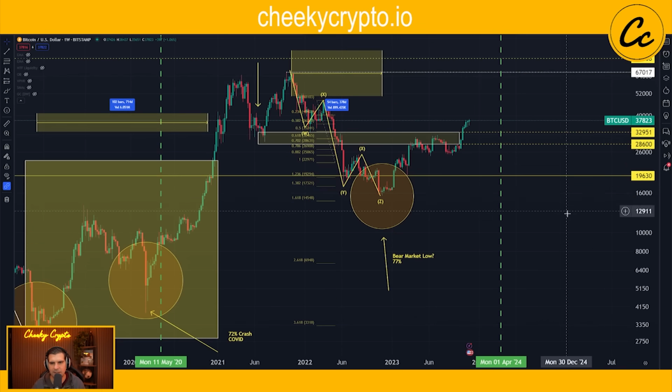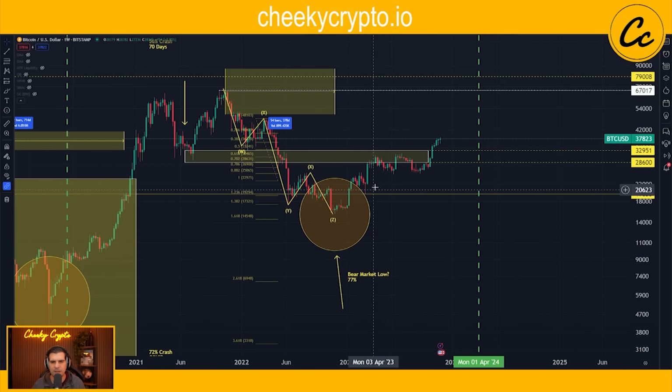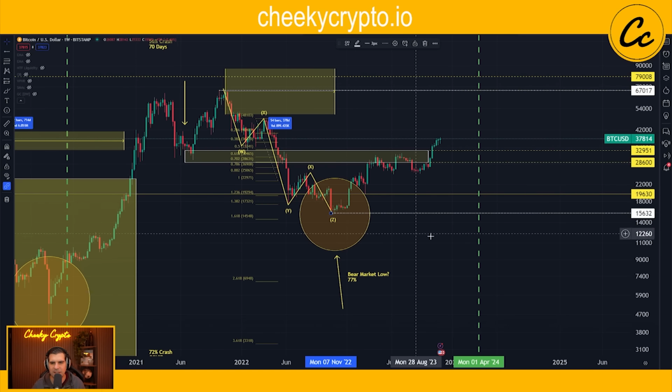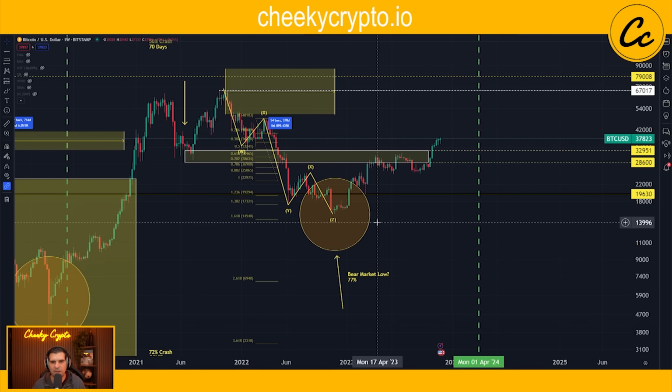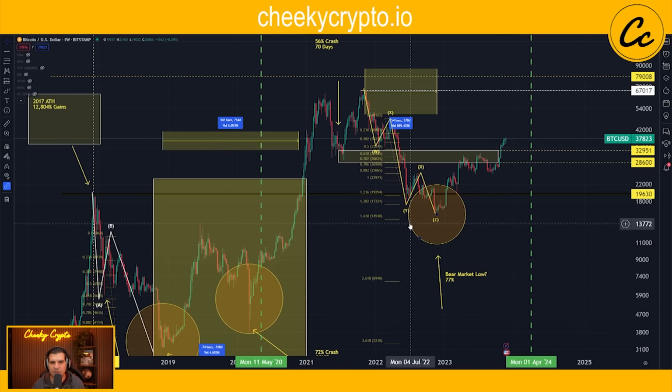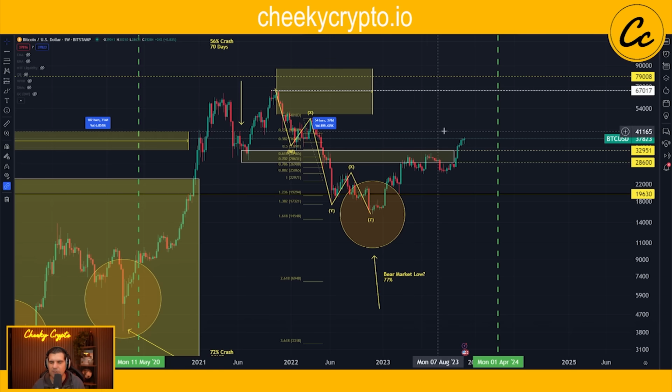Now, as we have this progressive move to the upside, and as I've spoken about before, it is highly possible that the bottom is in down here at $15,632, right? It's very possible. It's also possible that it isn't. And at the moment, because we're rewriting history, we haven't got anything to reference back that has a similar structure to this. We don't necessarily know for sure exactly what is going on.